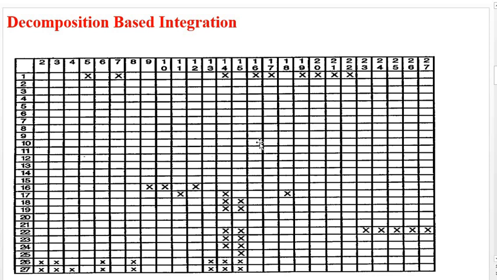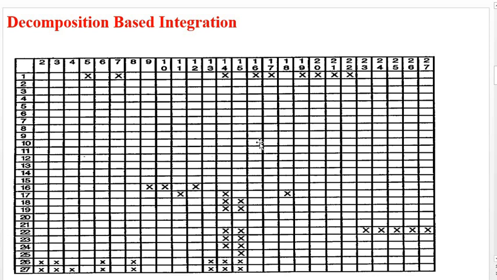Suppose I take the example of amount withdrawal. When we go to the withdrawal function, certain functionalities have to be called. The functions called for each activity are represented as a cross mark in the adjacency matrix.